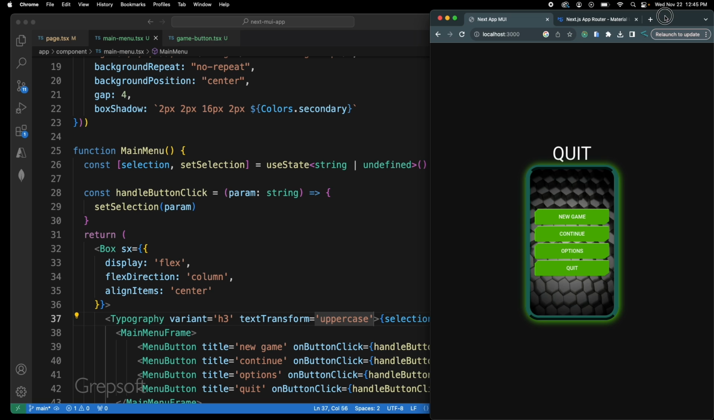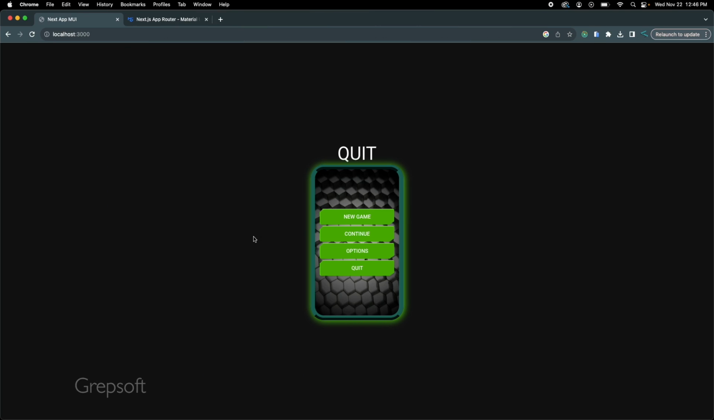Okay, so I hope you guys learned something on how to use Next.js with Material UI. Very powerful. I mean, I love Material UI. It's simple, gets the work done. But yeah,